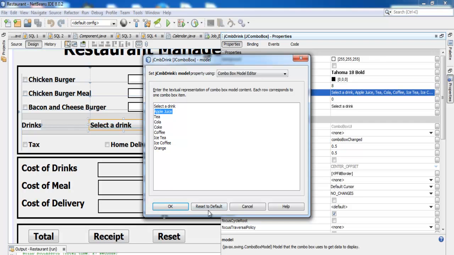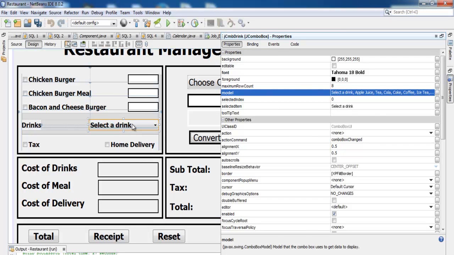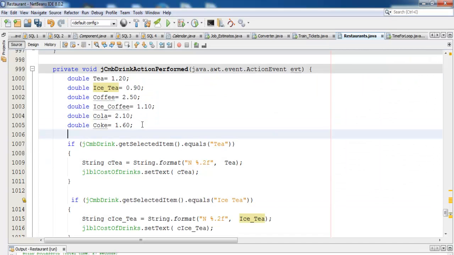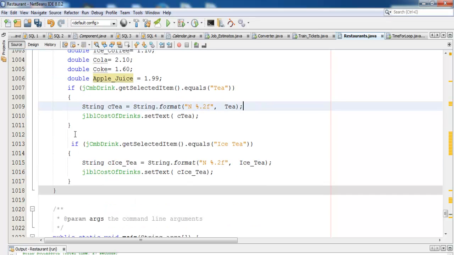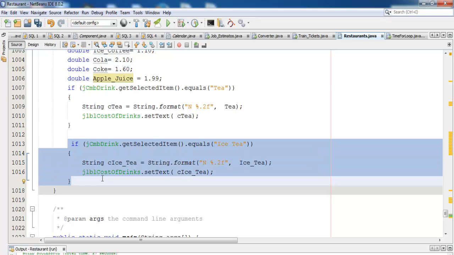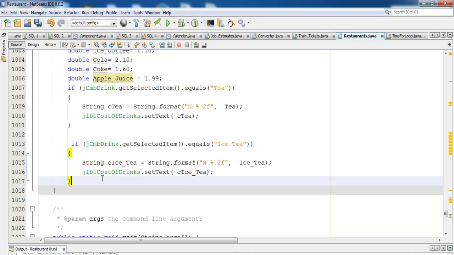Apple juice. Let's go for apple juice then. Now double click on that. Let's enter apple juice there. Okay, double, and just enter underscore apple juice right there, equals maybe 199 there. Okay, copy and just change it around,